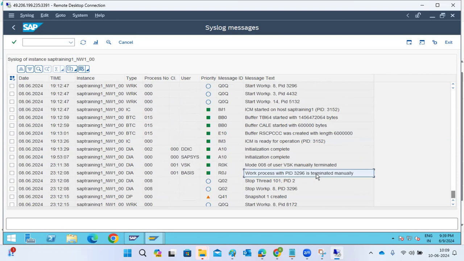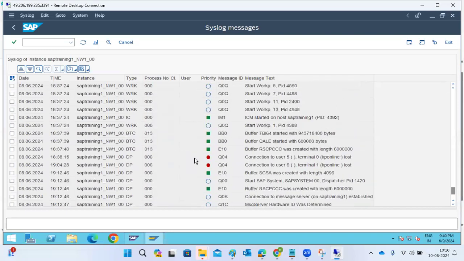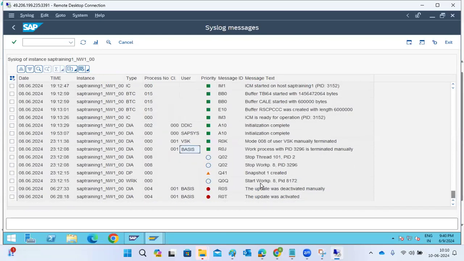This way, we can see that a work process was terminated manually by the basis user, and also manually terminated. There is a user, someone created a user like VSK. All the information we can track. We cannot escape from the system. It will be tracked everywhere. It will be tracked somewhere. Your log will be written: who deleted what,